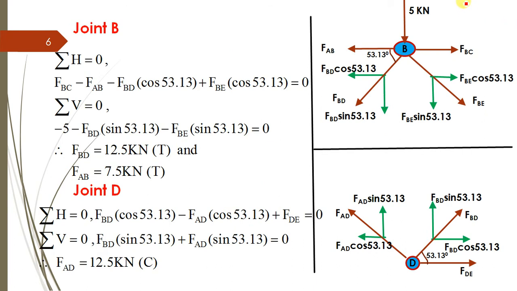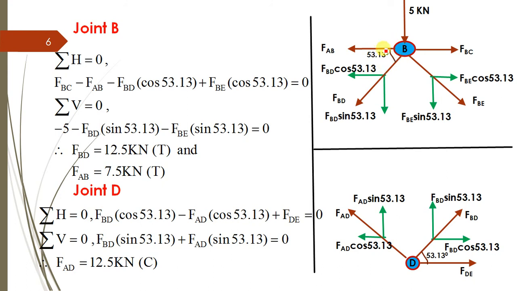Okay, now next joint B. If you consider this joint B, so how many forces are on joint B? There are 5 forces, but out of that 5 forces, some are known to us. F of BC is known to us. Then F of AB that we have to find out. F of BE is known to us. BC माहित आहे, BE माहित आहे, हे 3 माहित आहेत. हे 2 फाइंड करायला काय अडचण आहे का? नाही. Then again this angle is known to us.